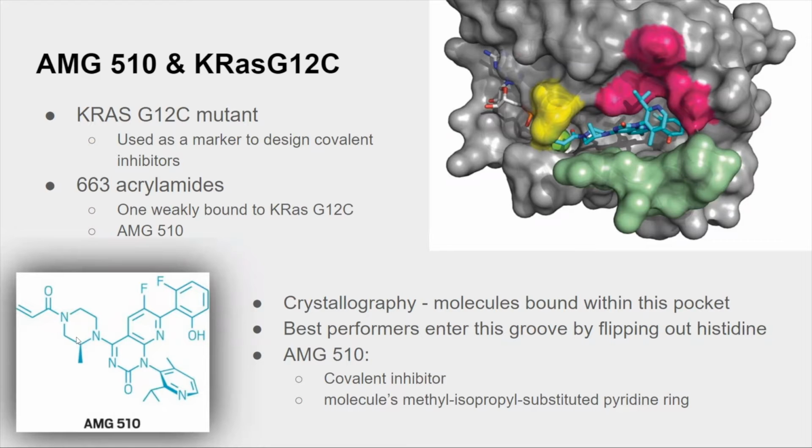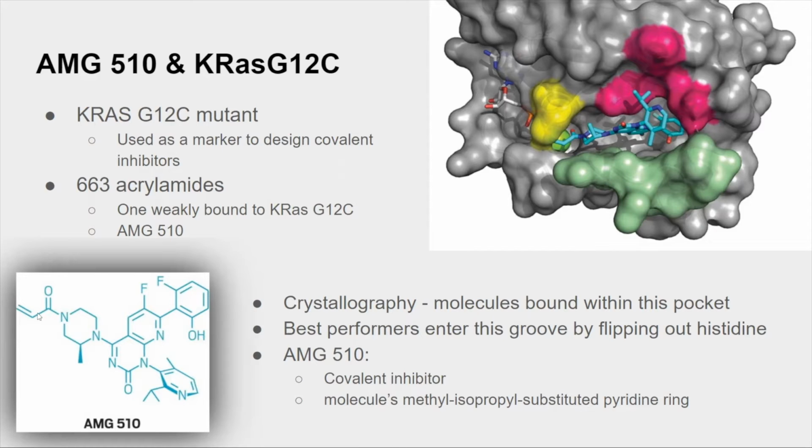The reason they looked at the inactive form is because the active form of the mutant KRAS is relatively smooth and lacks any real pockets in its structure. The inactive form becomes more susceptible to opening up grooves which molecules can interact with. And what is AMG 510 and why is it important?